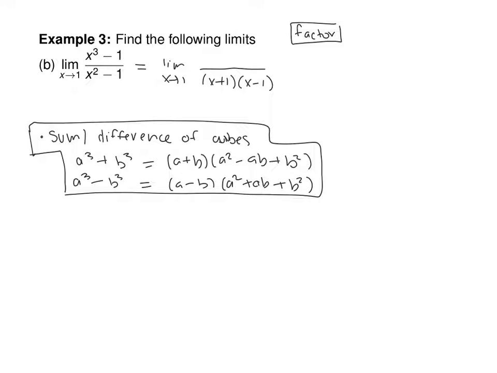So let's do the top one. If I gave you x cubed minus, say, 27, that's the same thing as x cubed minus 3 cubed. Do you agree with that? Because 27 is 3 to the 3rd power, right? And so from there, the minus sign tells you which formula to use. So which formula do you use? The bottom one. So that's going to be x minus 3 times